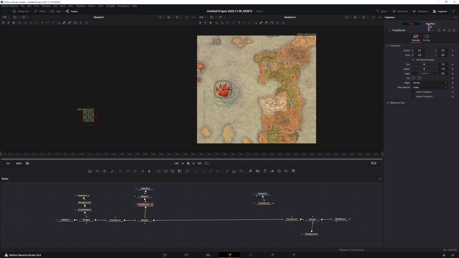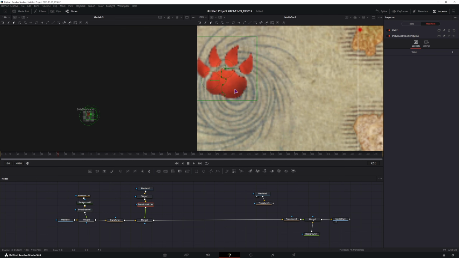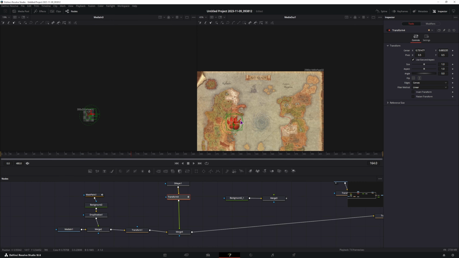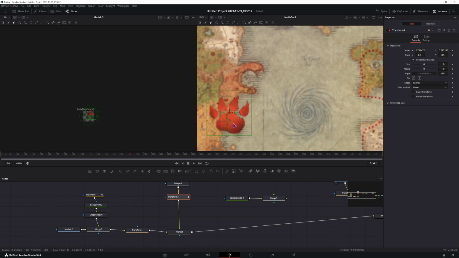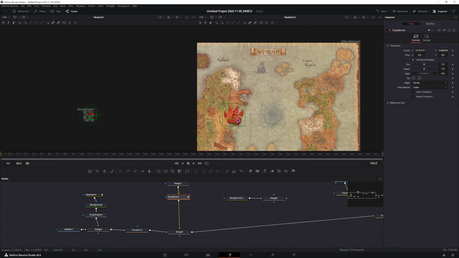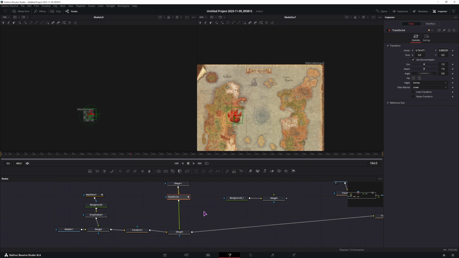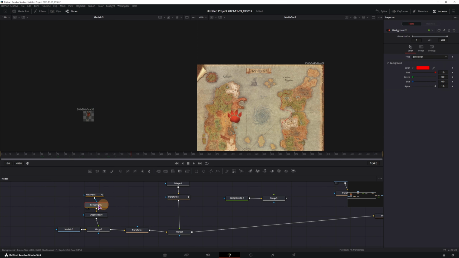Now the modifier tab shows up, you can click on it, right click here for shape animation, and connect it to the polyline stroke 1 polyline value. Now this connected it, but as you can see the path is tiny. Now to fix this mess, because the path is tiny, as you can see, and the image is quite big, and the path is way off from the original, I have copied this background node,